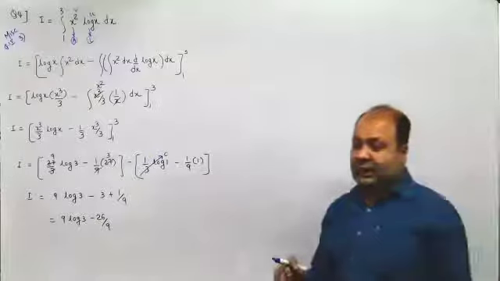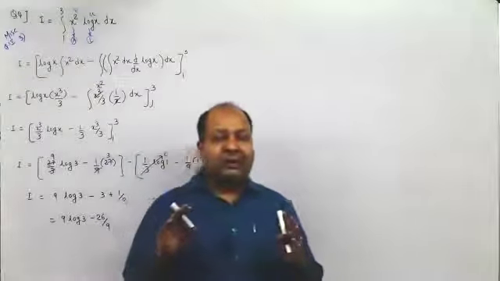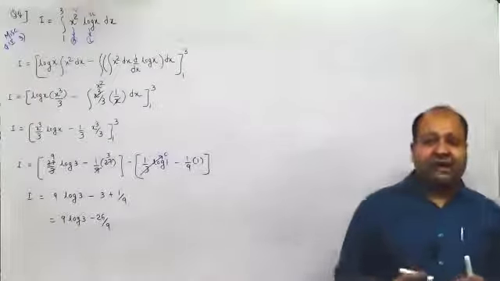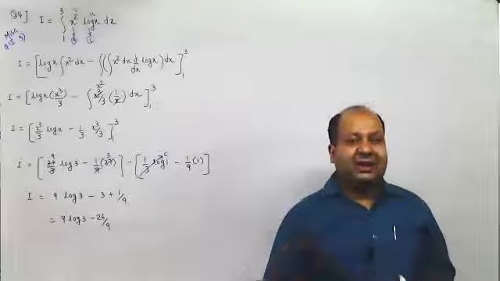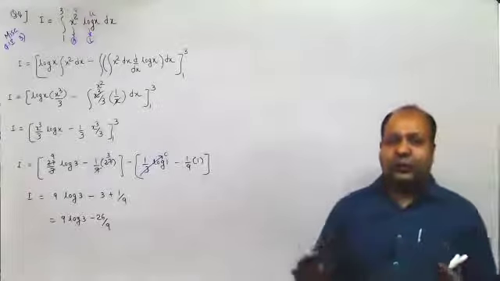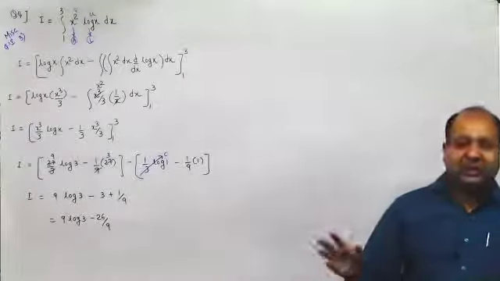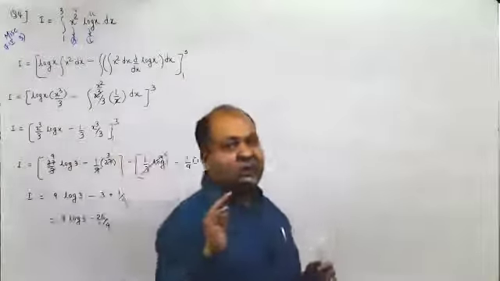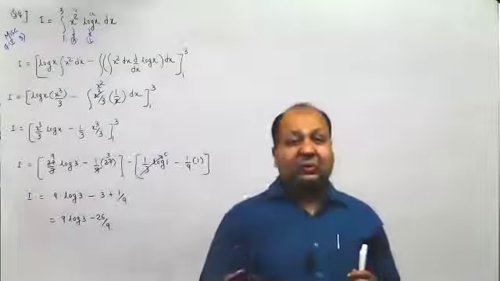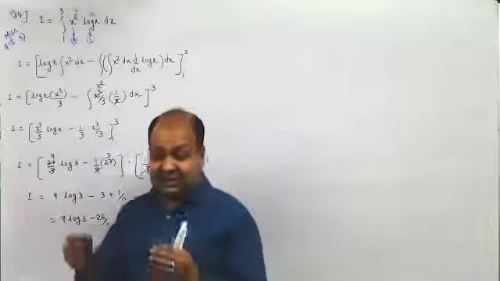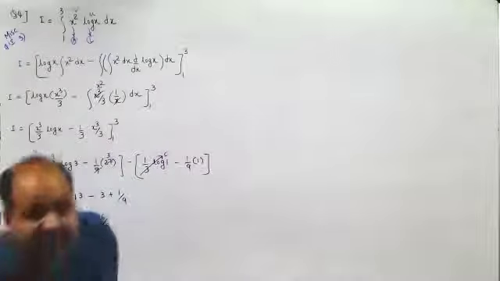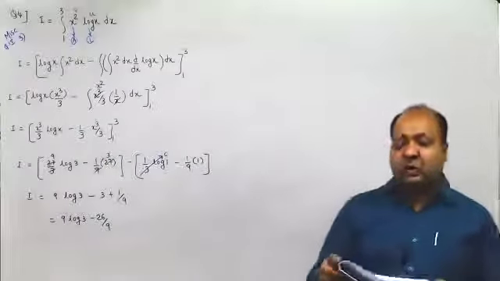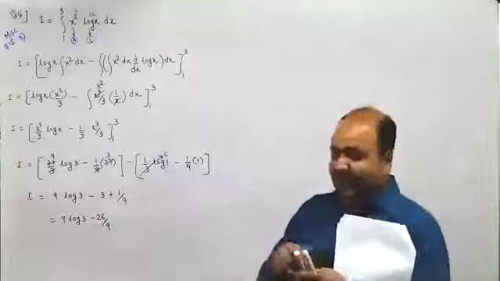For those who would be happy scoring between 80 and 90, I believe this paper should work wonders, because they have given it directly from the board. I don't believe they would give less than 80% from here. So if you would be happy with an 80 to 90 score, just do this sheet and go for the examination. You should score between that. But for those who are aspiring for 100, please solve all the problems that we have covered in class. Do not take a chance. This is just reference material. First solve this so that you take yourself to 80 and above, and then keep solving the other problems to help you score that elusive 100 mark.